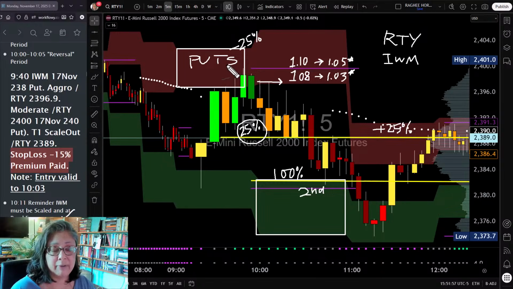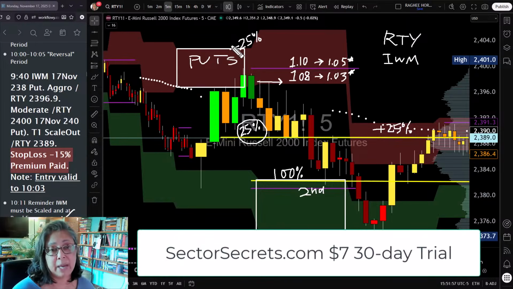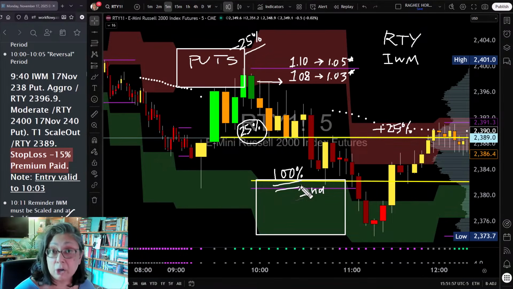But this is what we try to do every morning, try to find anywhere between 1 to 3 of these types of trades, minimal risk, and in this case we ended up risking 25% of the premium for ultimately just right around 100% of return on premium. And I'll do that every day if I can get that set up. So hope this helps with what we're doing. You can get a good look at the kind of tools that we use. And today, fantastic day in the